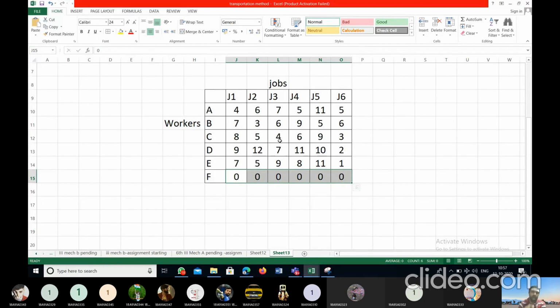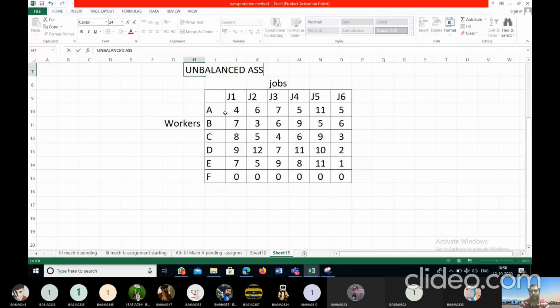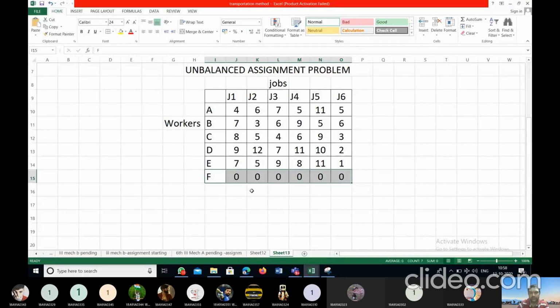So directly you can go for just saying a dialog, right? As all the columns are having the 0 values, the resultant matrix will be the same. And we start the operation or assignment by blocking the 0, same procedure, single 0 row, single 0 column, like this will continue, okay? So this is the problem for a special case, unbalanced assignment problem. Okay, got the point? Understood?